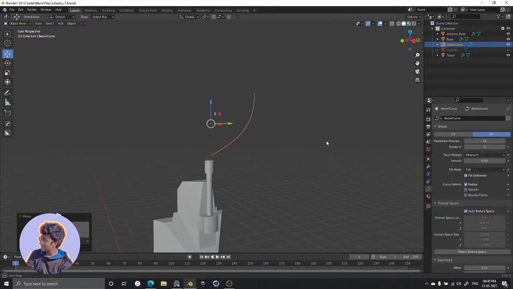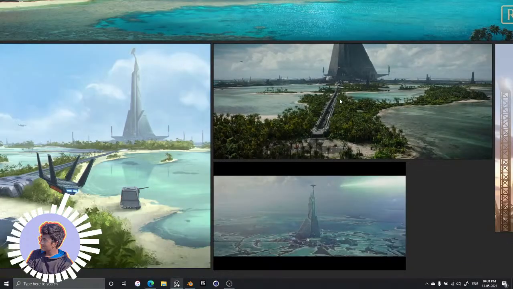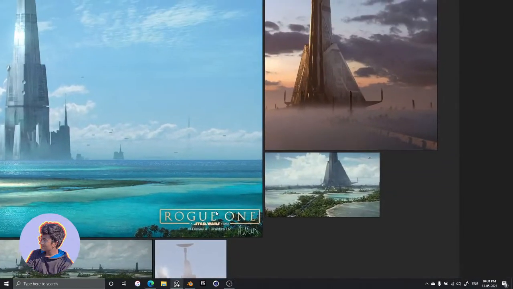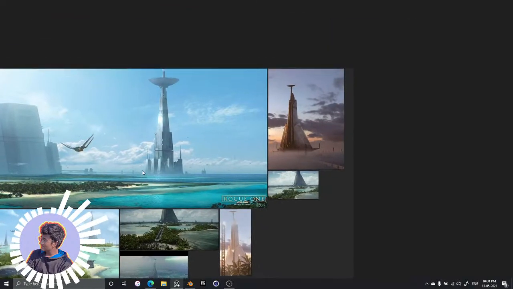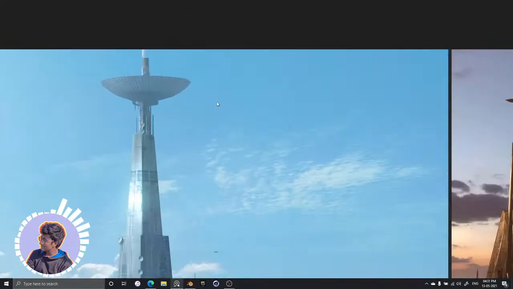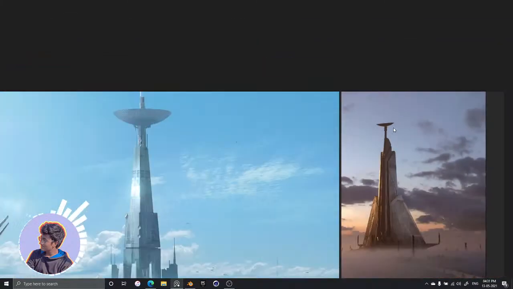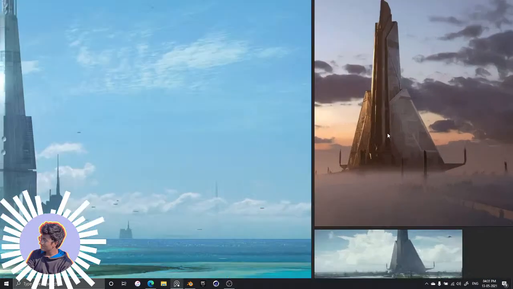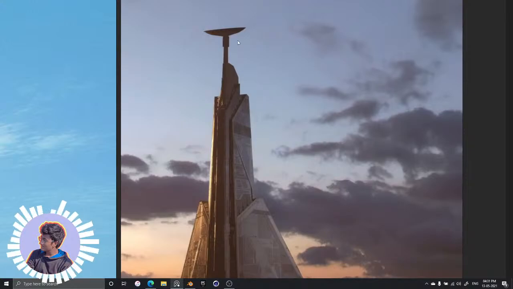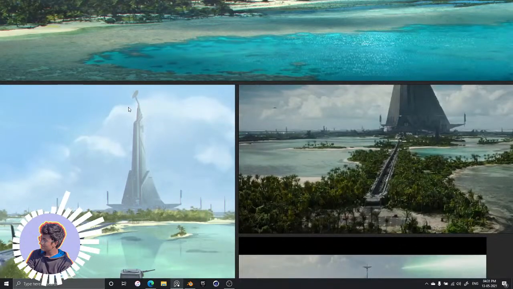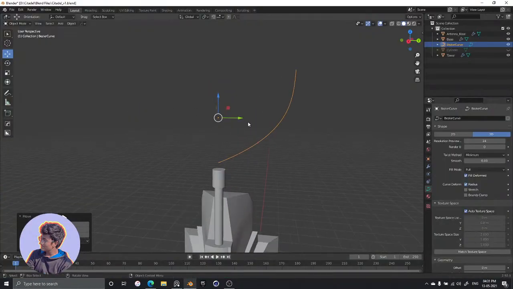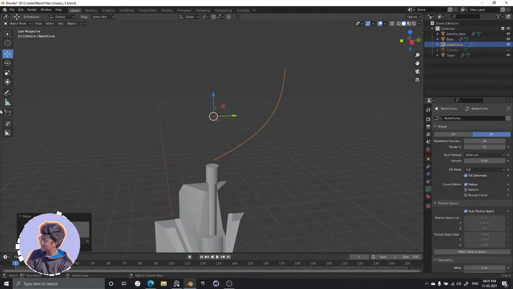So yeah, is this how curved it is in the reference? Absolutely not. It's kind of the exact one that we used for the first one which we made. So we compare both of them. Again, these seem to have steps in it. The actual antenna from the Citadel itself seems to have steps in it, and that's how it is. We'll probably use that, but just to showcase that we can do it in this way as well. Now, choose this, go into edit mode,